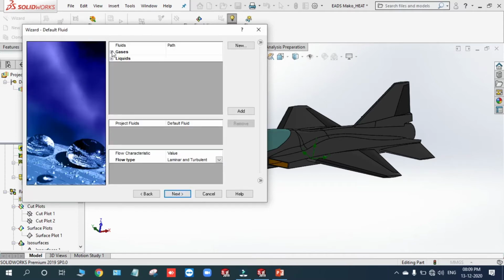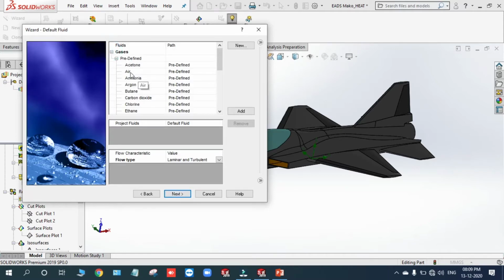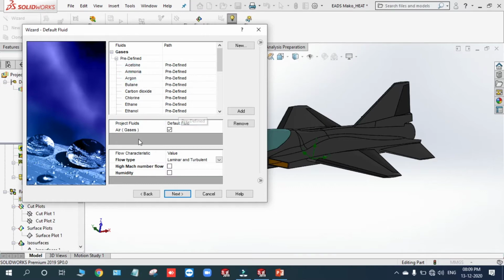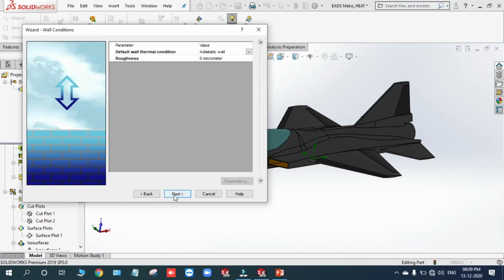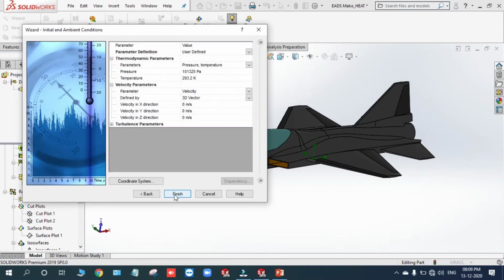Now I'll use air as the fluid, and it should be compressible, so I'll use the Mach number for that. A high Mach number fluid will be compressible flow, and that is fine. I'll go ahead, and I'll keep the wall condition adiabatic, no heat or energy exchange. Let me define the temperature.